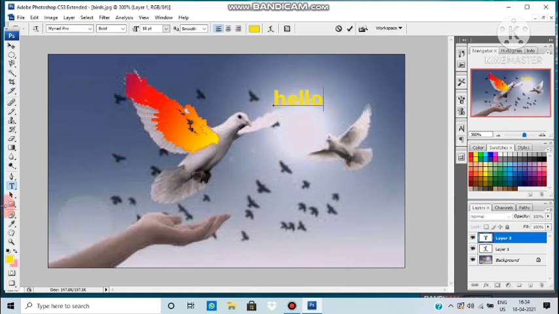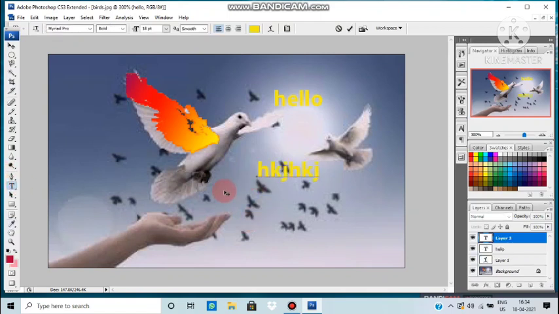Before that, we'll choose the eyedropper tool. The eyedropper tool is the tool which will help you to pick a color from the image itself. Suppose I want this color from the image, then I'll click on the eyedropper tool and I'll click on that particular color which I want. You will see the foreground color will change. If you want to write with that color, now choose text and start typing.